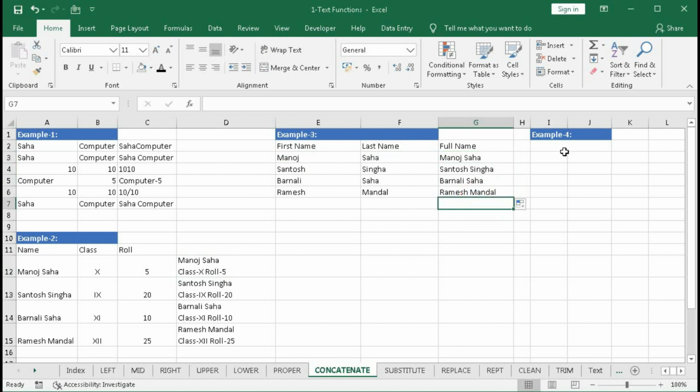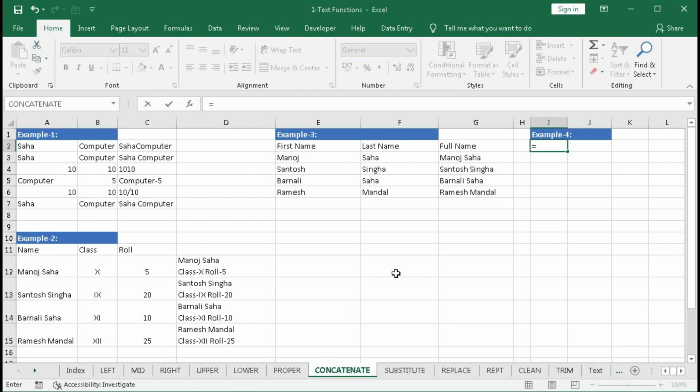And in the last, we will learn the fourth example where we will use different functions within CONCATENATE. Let's see. So type here equal to CONCATENATE, within quotation "Today is ", quotation close, comma. Now we will fetch today's date with the help of the TODAY function. TODAY bracket open, bracket close, then bracket close for CONCATENATE. Now press enter. So here we can see we got Today is 44512. So this is the date value.